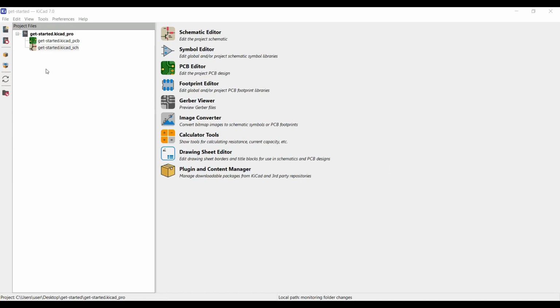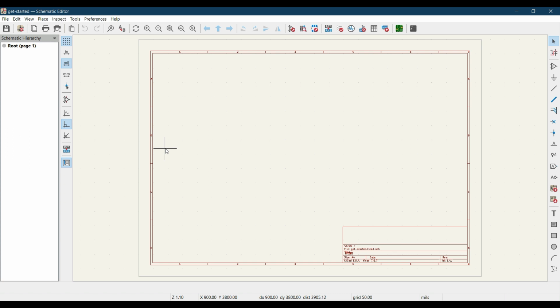Now let's launch our schematic editor. Either you can click on the schematic editor or just double click on the schematic file. This will launch the schematic editor. So in the schematic editor, in order to pan the schematic, you simply right click on it and you